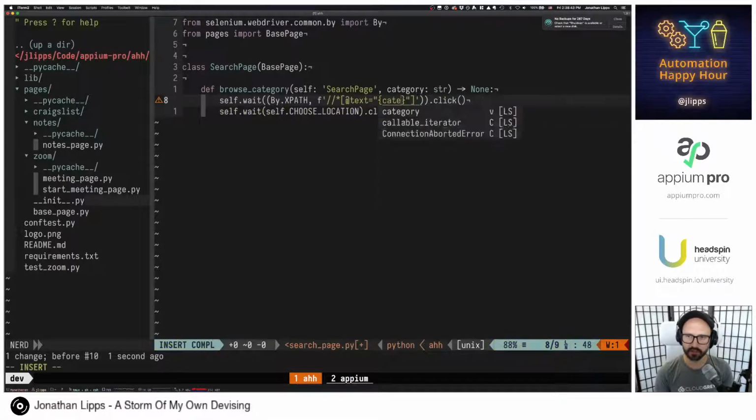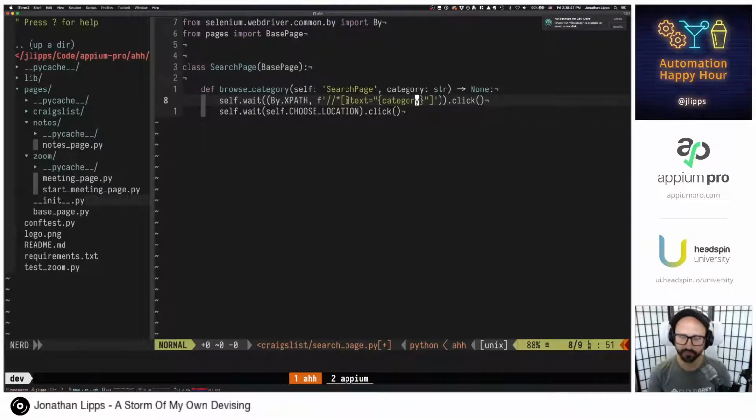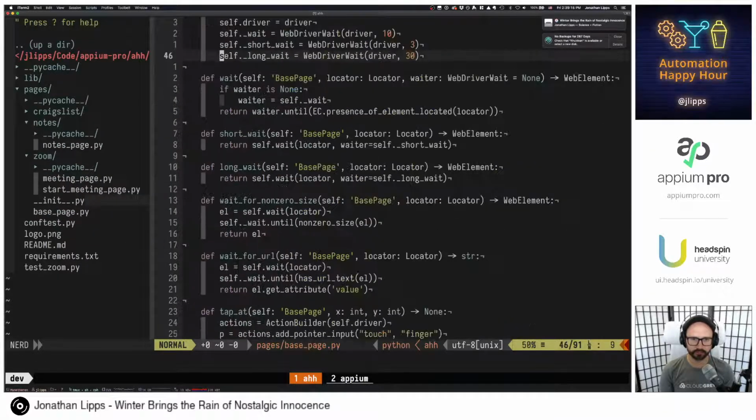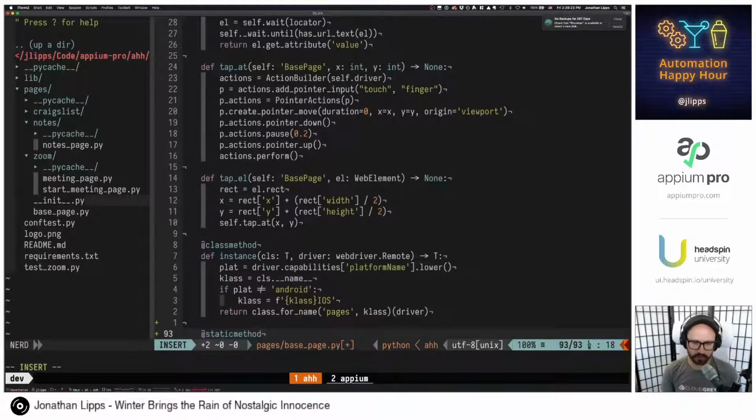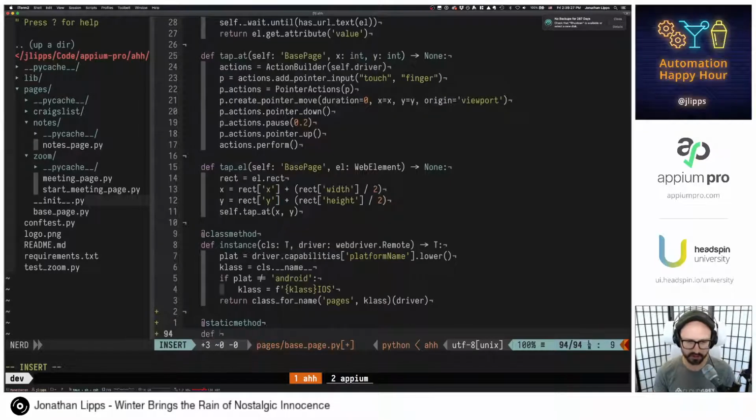This is becoming such a common XPath search. I'm wondering if we should actually just have a helper for this. Wonder if we can actually call methods in. Yeah, why not? Well, that's probably worth it. So if we go to our base page, we can create a static method. And we're going to call this text element, or maybe we'll call it text locator,